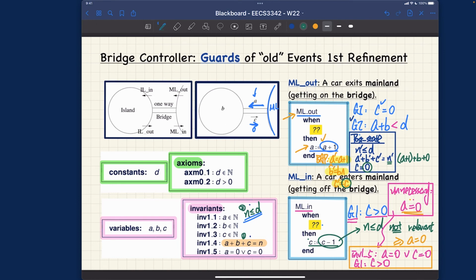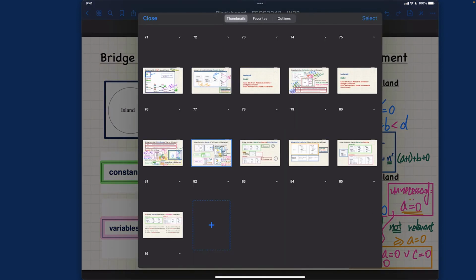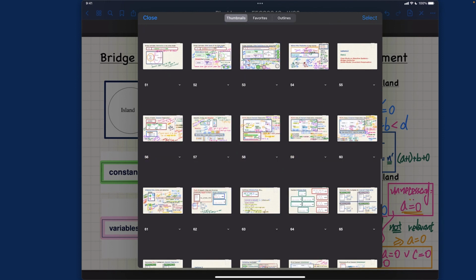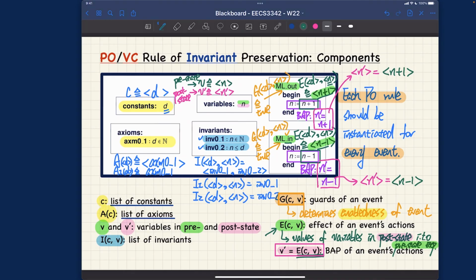What's really M prime? Well, you actually need to recall what we said before about the before after predicate for ML out, right? Let me just write it down first, and then we can refer to it quickly. So ML out, we also got the abstract version. In the abstract version, we got the before after predicate, which will be M prime is equal to M plus 1, right? Let's verify that very quickly, although it's a while ago. You can see ML out in the initial model, the abstract version, the before after predicate should be M prime is equal to M plus 1, right?